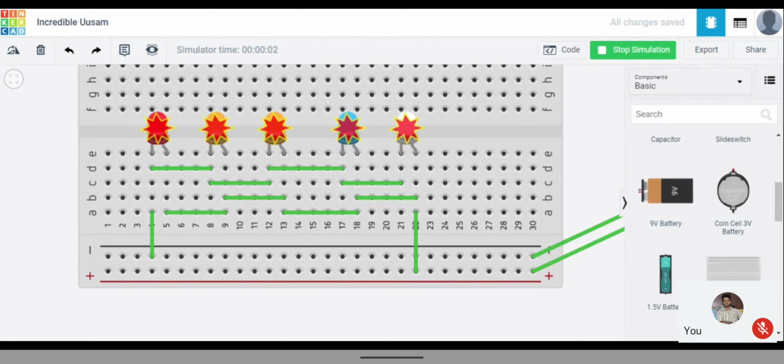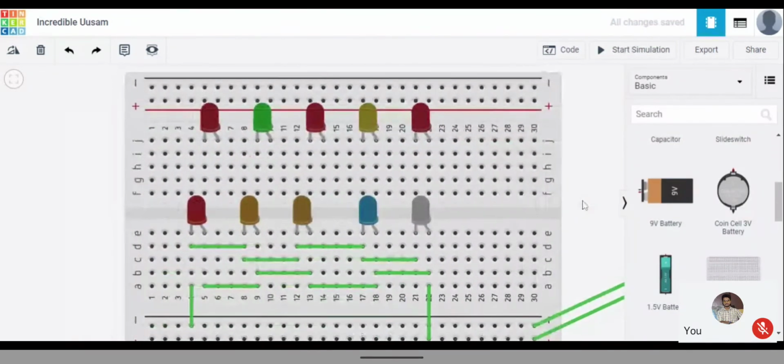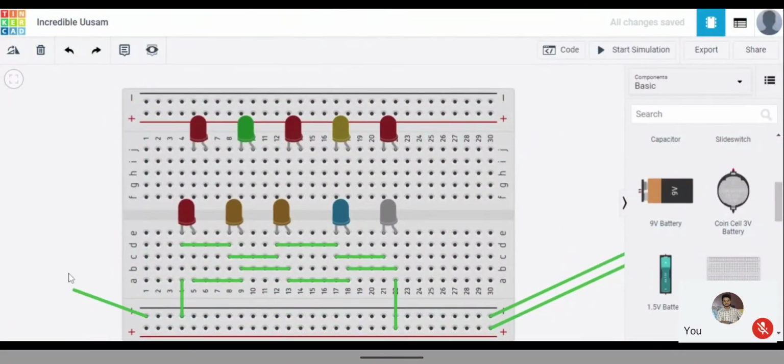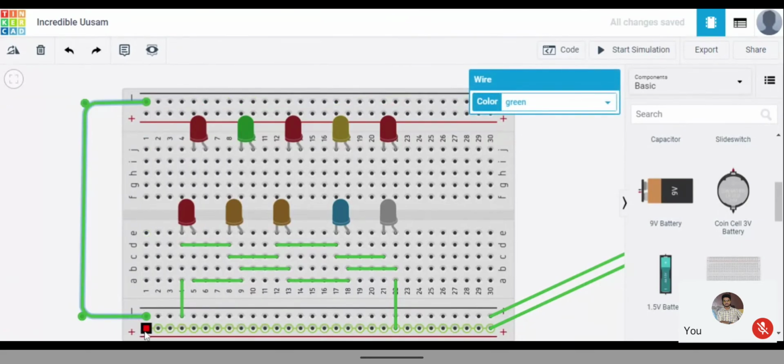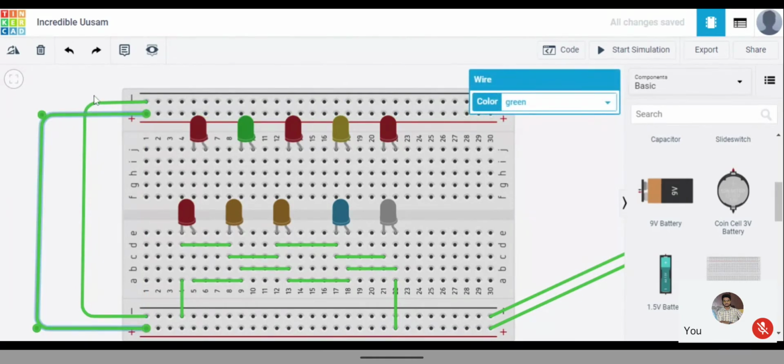Even though it's heavy for the bulbs, that's why it's just plastic. So what I'll do is the same. I'll take one more negative to this negative, and in the same way this positive will be taken to the positive.